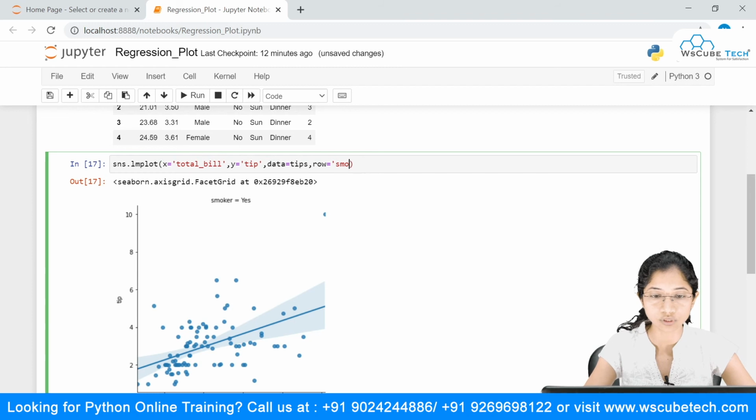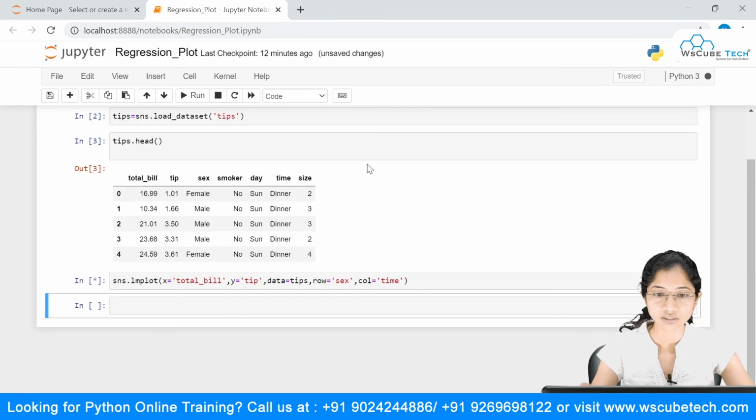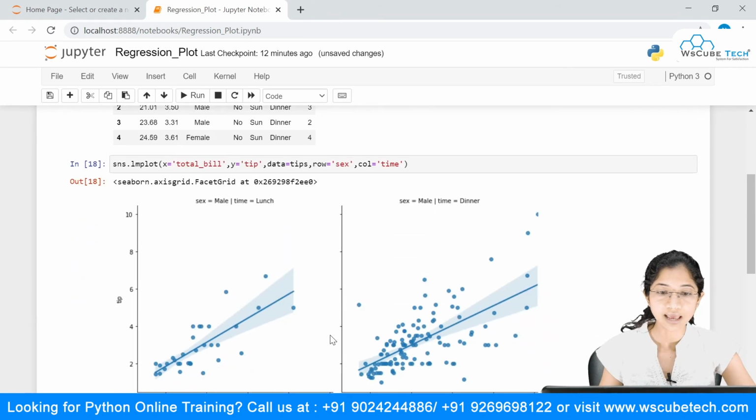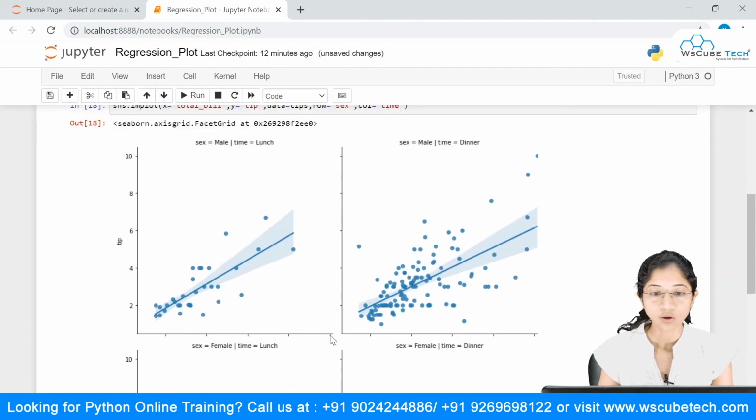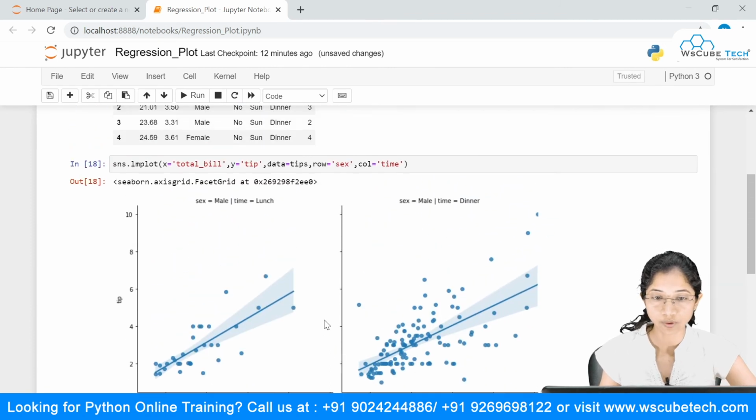So what I will do is remove this. I will let the row be the sex, and say the column be the time. If I run this, you can see that I'm getting 4 scatter plots, and we are going to observe these one by one.